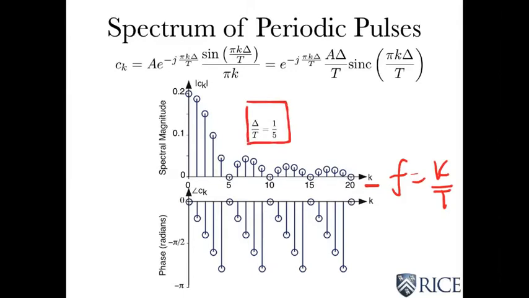Just a special case to plot it. And now we see that all the Fourier coefficients are non-zero, except in the case where they are harmonically related to 1 over delta over T. And that's because of the sinc behavior, right? It goes to 0 at some places. Okay, so there's our sinc function,